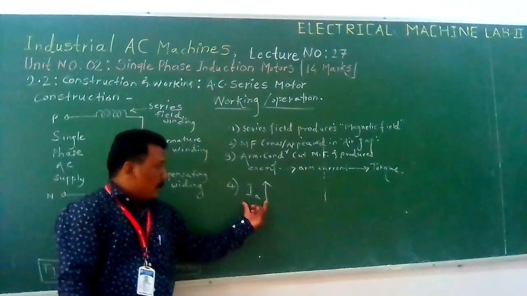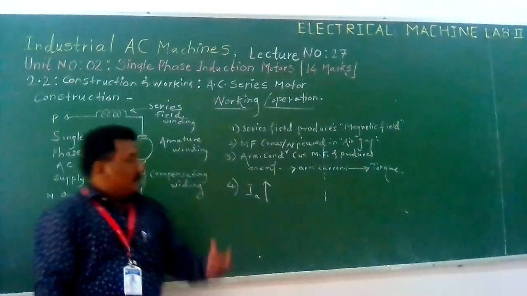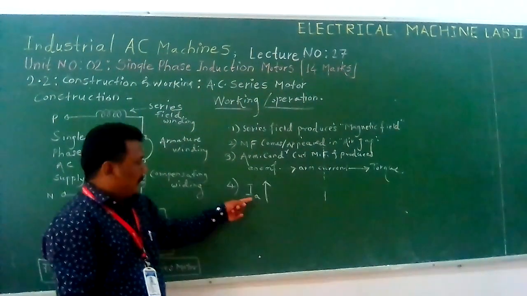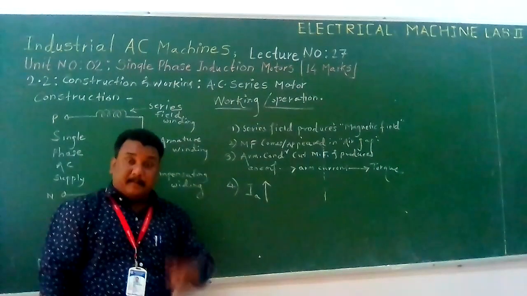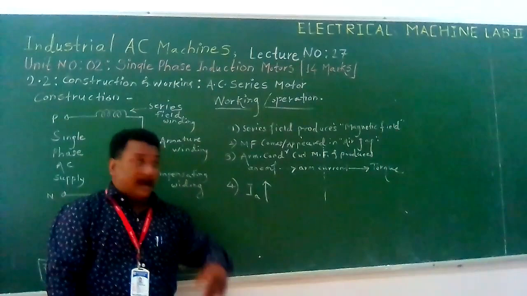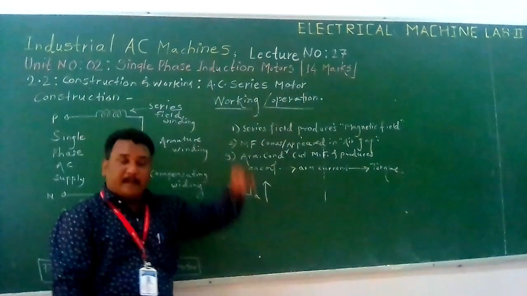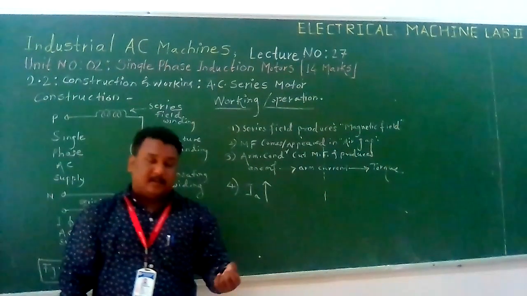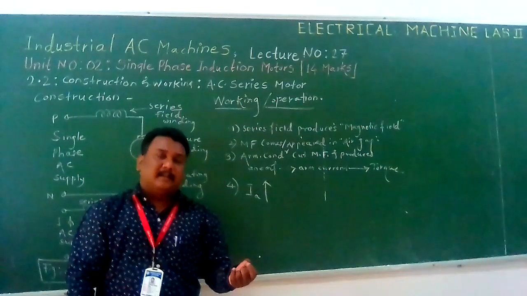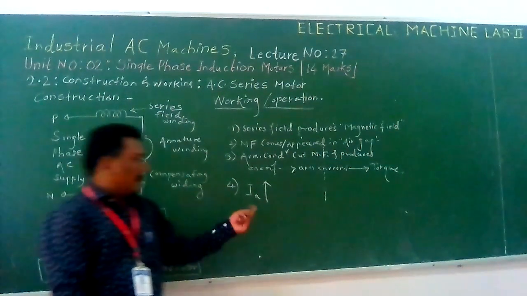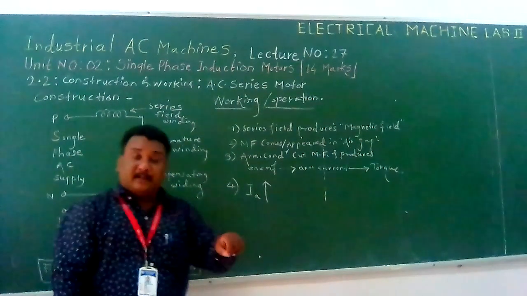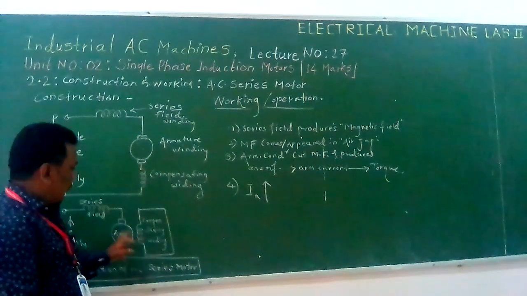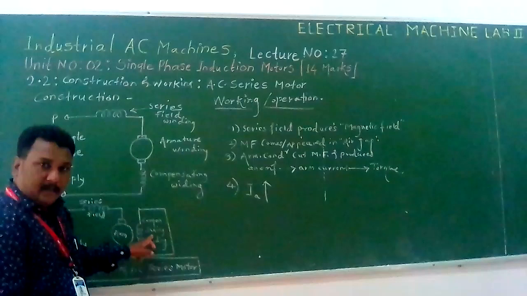Now, here there is a possibility of armature reaction, because the armature current is created along with the series field. The armature magnetic field is very strong and it affects the magnetic field produced by the series field winding. But we know the field winding's magnetic field is already weak because it has few turns, modification point number 1. So to minimize this, a compensating winding is used. The compensating winding is either in series with the armature or in parallel with the armature.